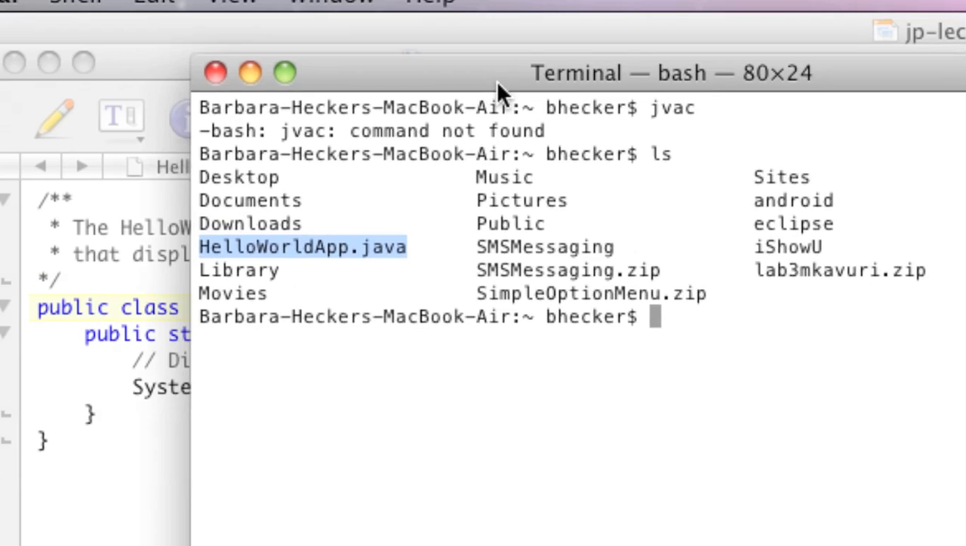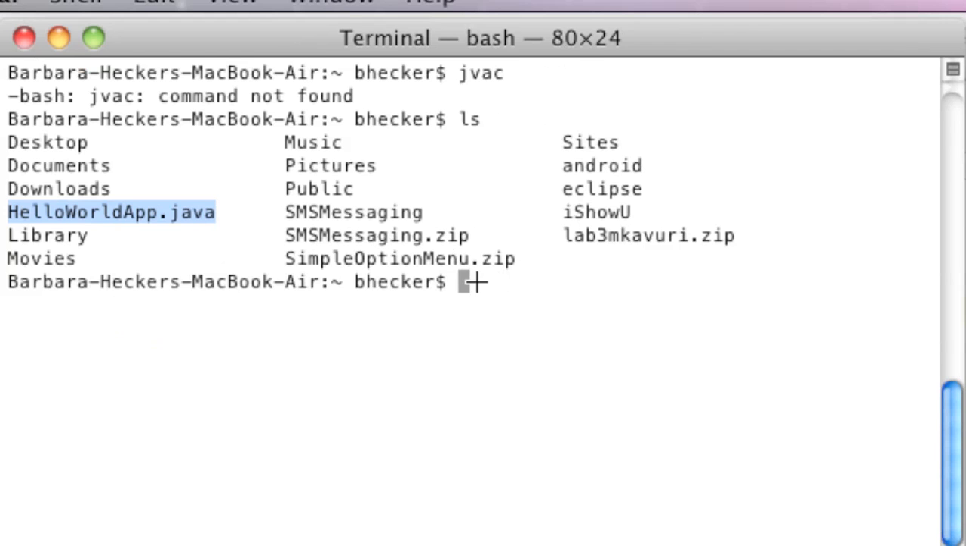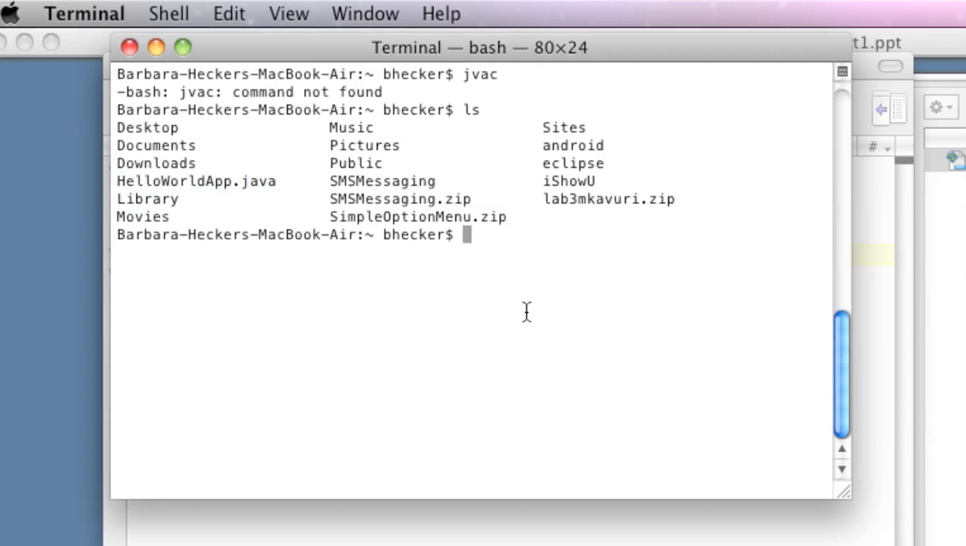I'm not going to talk about Hello World until the next lecture, but you don't really have to. I'm just going to put Hello World on the screen. It's going to print something to the screen. So if I want to compile it without using Eclipse, I go javac, and